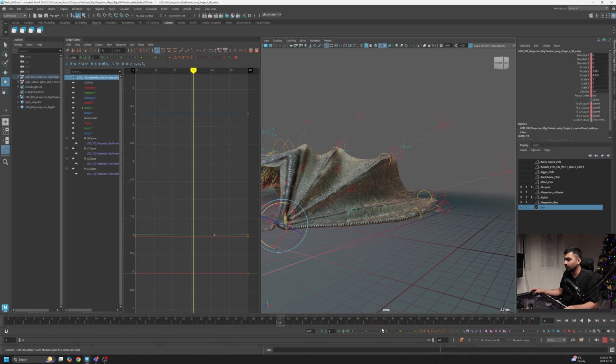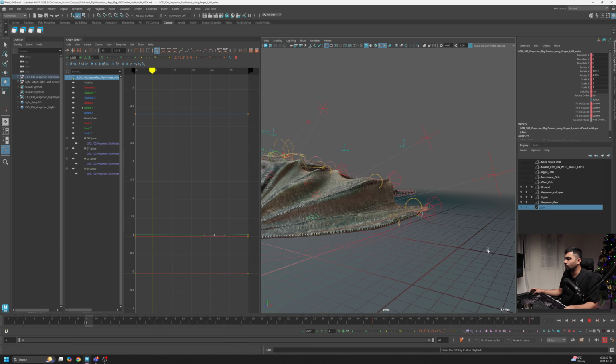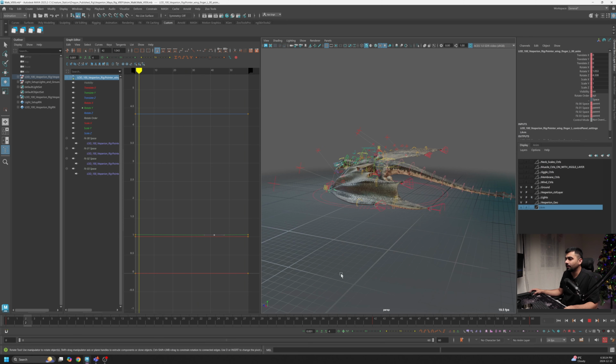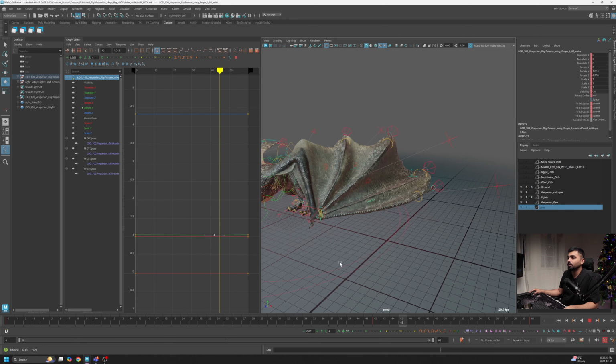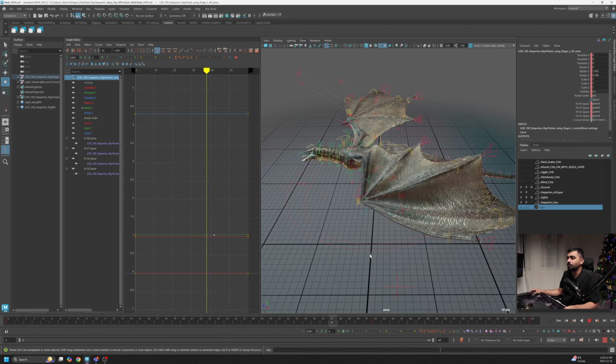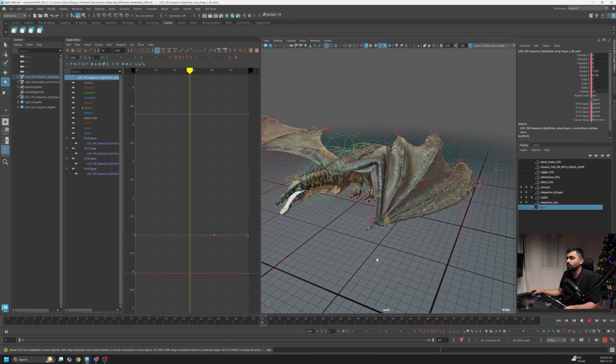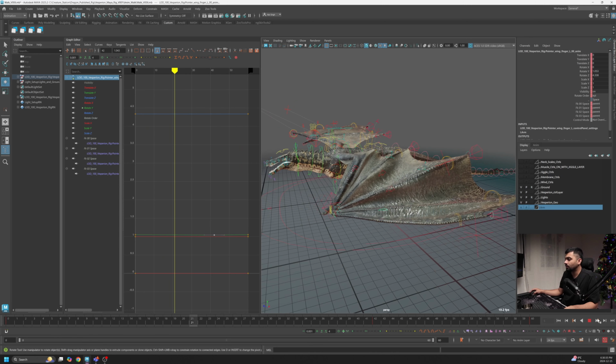For now we are just trying to generalize the way the wing is going to move. So it's going to go back, it's going to come forward. So we have a general motion here on the wing. So now we'll start adding more nicer wing motion here. So for example, we can start by adding some